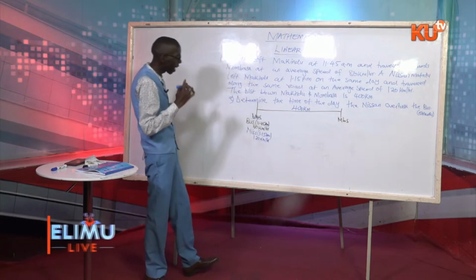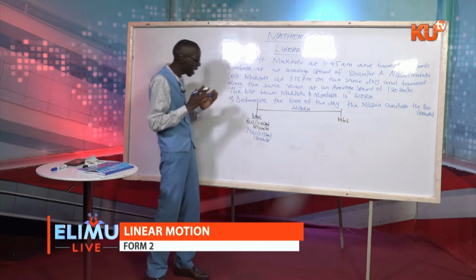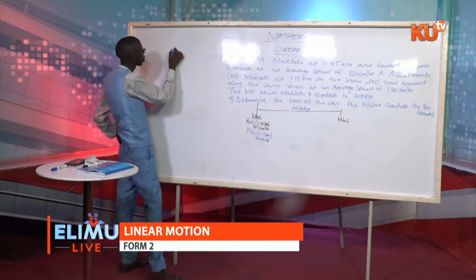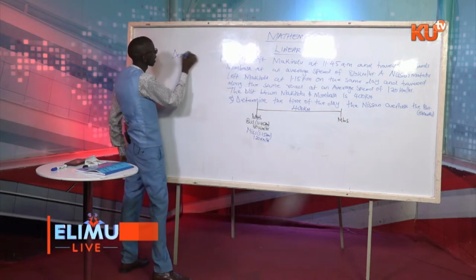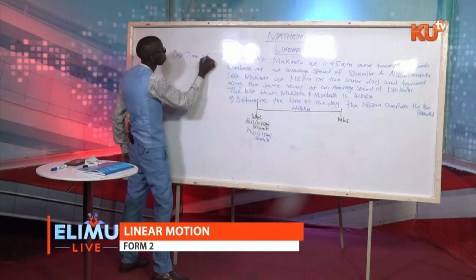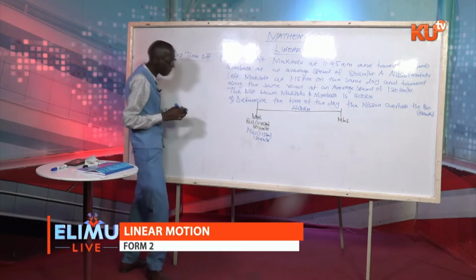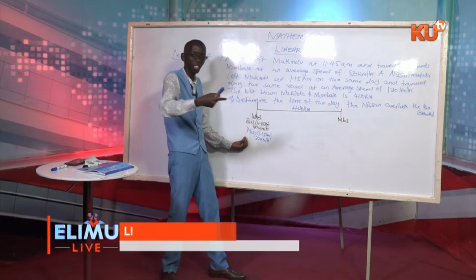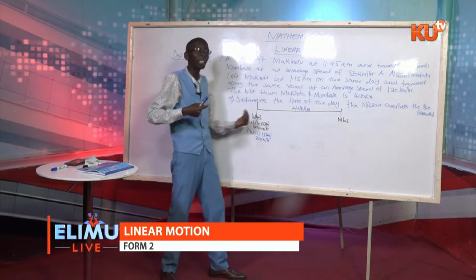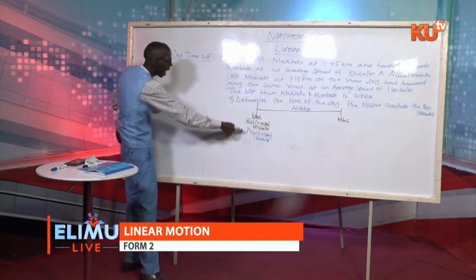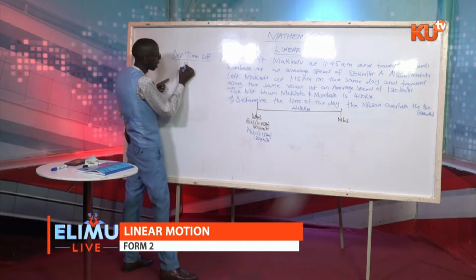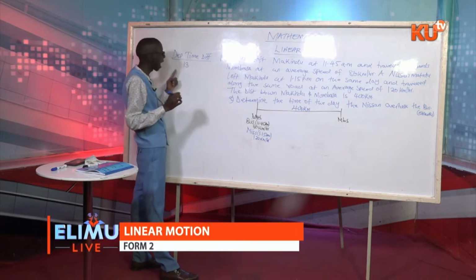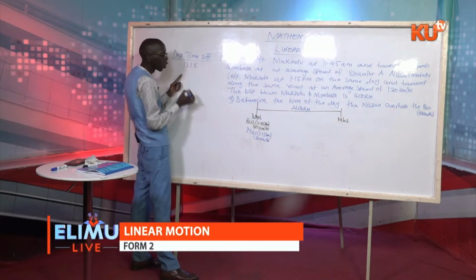So the first thing that you do is find their departure time difference. Departure time difference means by the time the Nissan began the journey, how long had the bus traveled? We'll take the departure time of the Nissan, 1:15 p.m., which in the 24-hour system is 13:15. You subtract